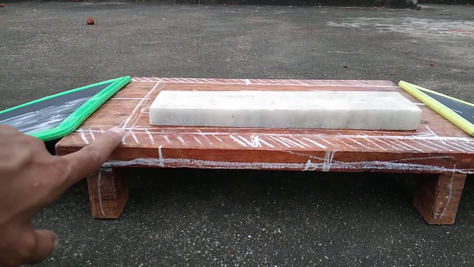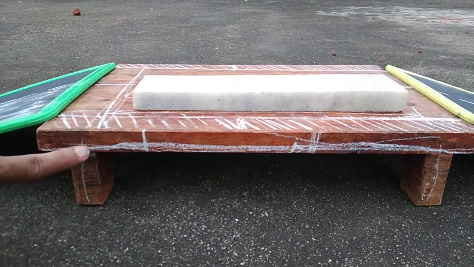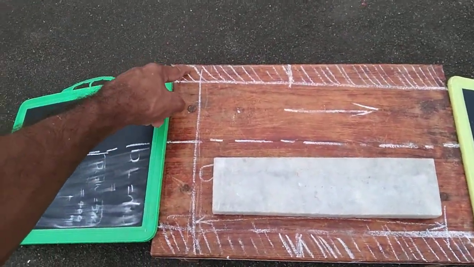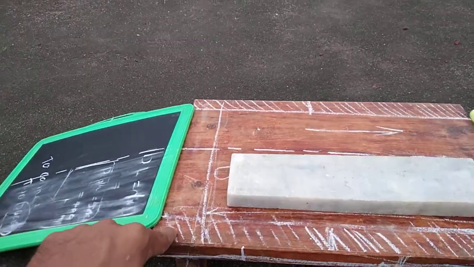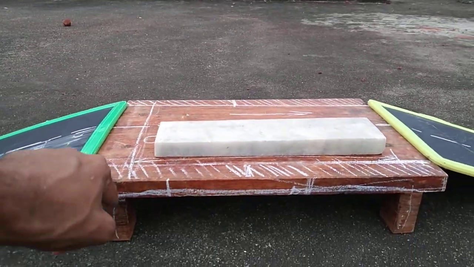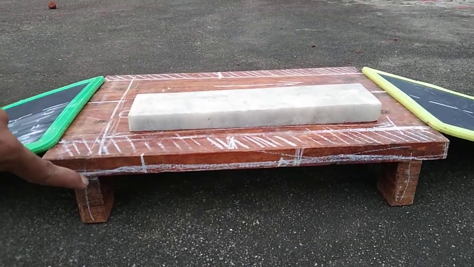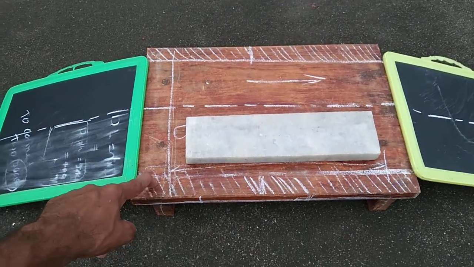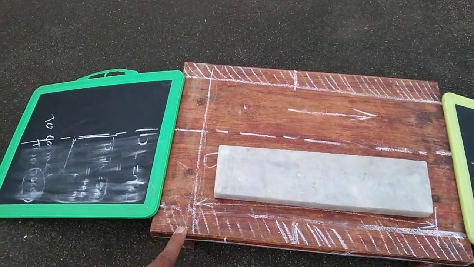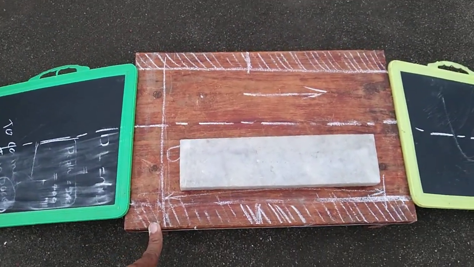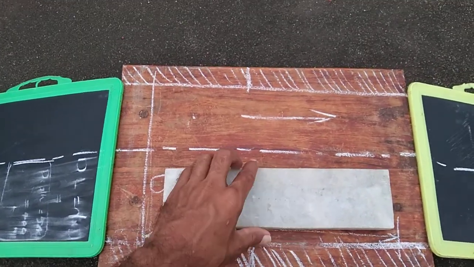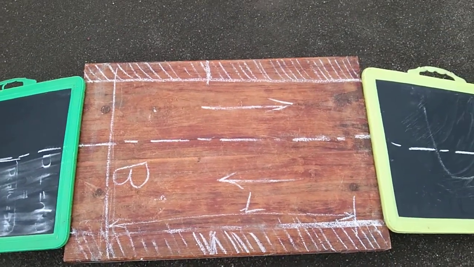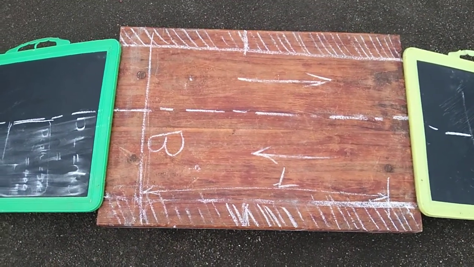So this is a span. This is the width of road, the width of bridge, and this is the span, the length of bridge. This is the length of bridge, and this is the width of bridge. Okay, this is a two-lane road bridge. Width is B and length is L. So we need to design this bridge.